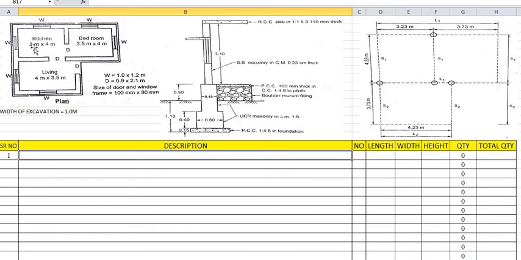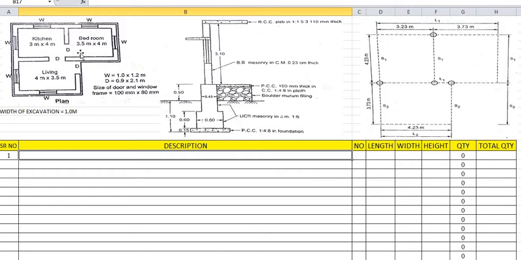So 3 meters is the inner to inner dimension. So 0.23 half and 0.23 half, that means the center to center distance of this total is 3 plus 0.23 half plus 0.23 half, that is the full width. So 3 plus 0.23 is 3.23. So here we have to draw the center line which is passing through the center of the wall, okay. It has been drawn from this point to this point, that is 3.23. So 3.23 is the total length of the kitchen from center to center.